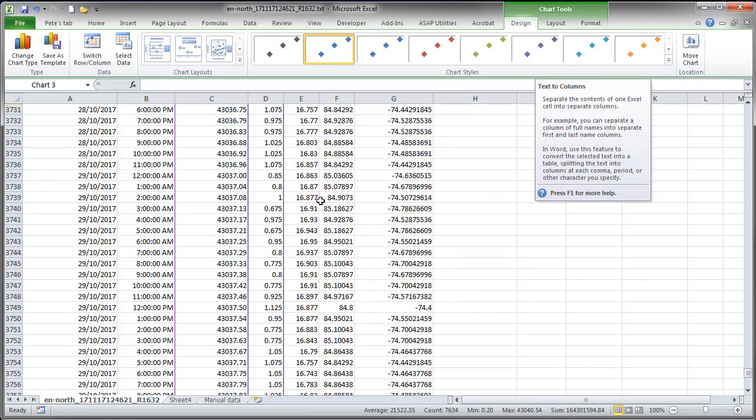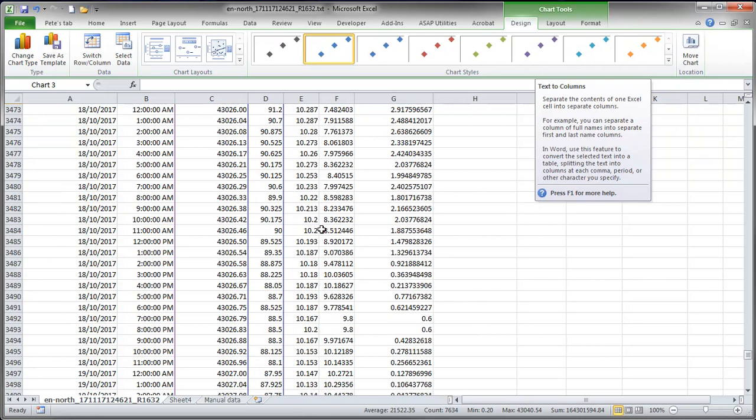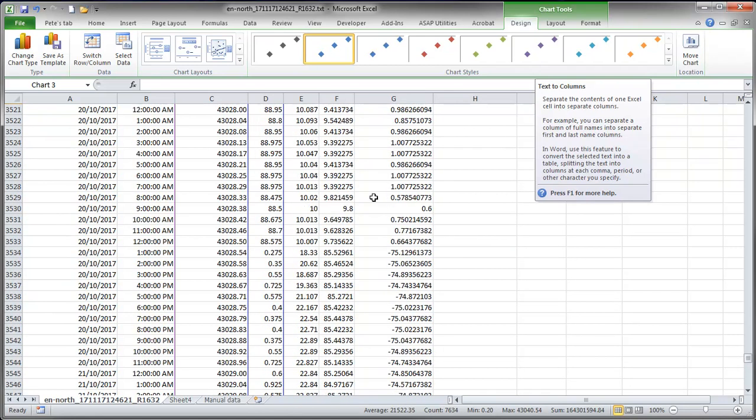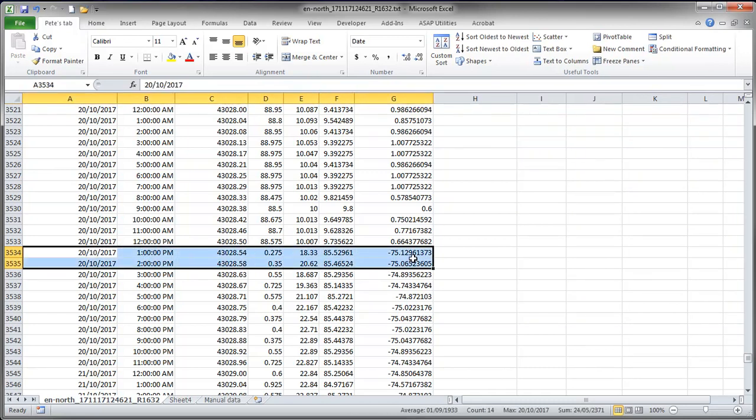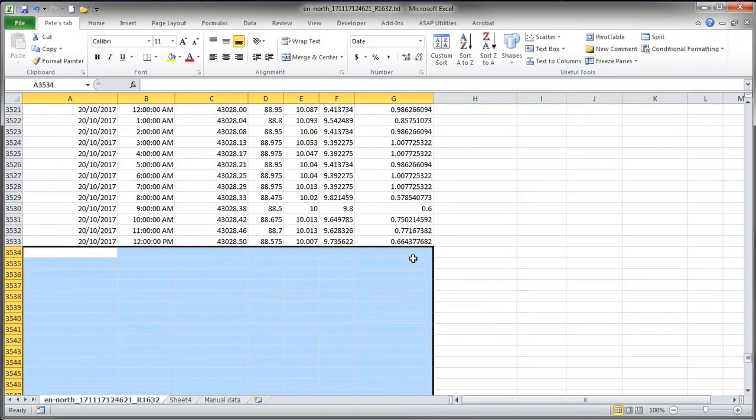So you'll need to go through and scroll through here. You can usually tell based on the temperature and things. It went from 10 degrees to 18 degrees over the course of an hour. This is probably when it was pulled out of the field without checking the notebooks. And I can just delete that and get rid of those